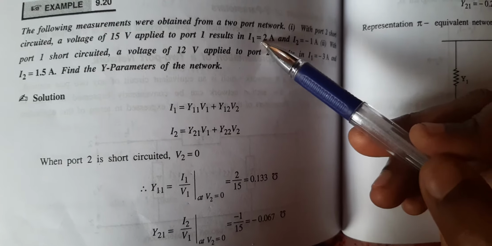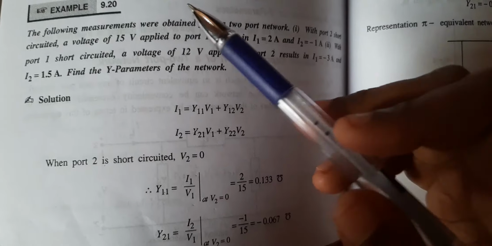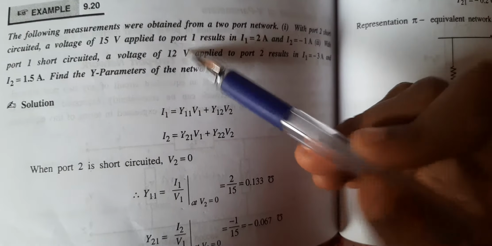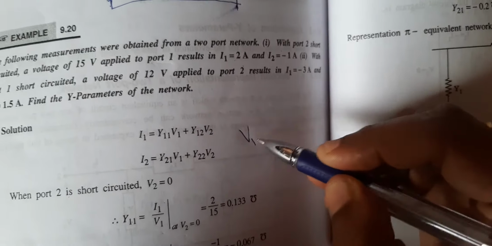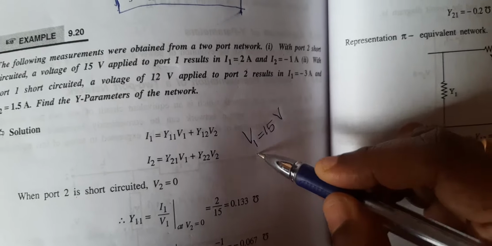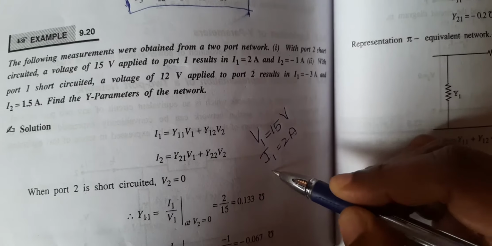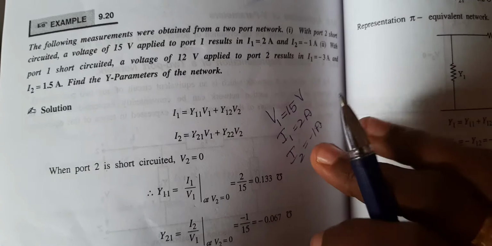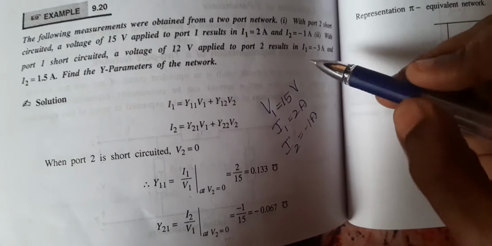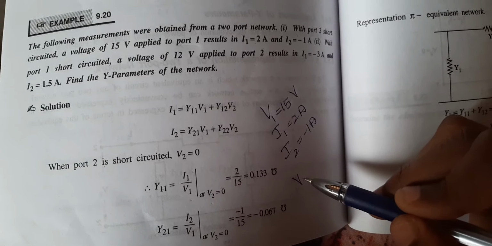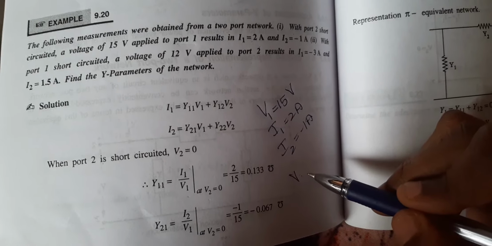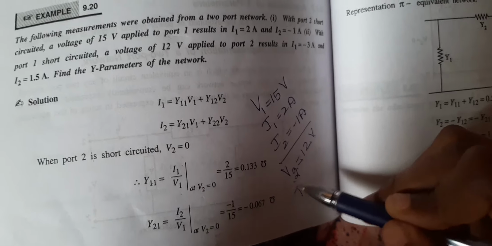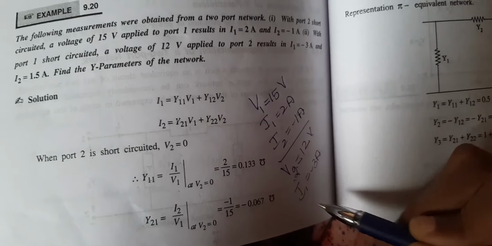Okay, so what is the value of I1? 2 ampere. Okay, and what is value of V1? That is a voltage of 15 volt is applied to port 1. So V1 is 15 volt. Okay, 15 volt, and I1 equal to 2 ampere and I2 is equal to minus 1 ampere. Next, with the port 1 short circuited, a voltage of 12 volt is applied to port 2, that is V2 12 volt, and results I1 is equal to minus 3 ampere and I2 is equal to